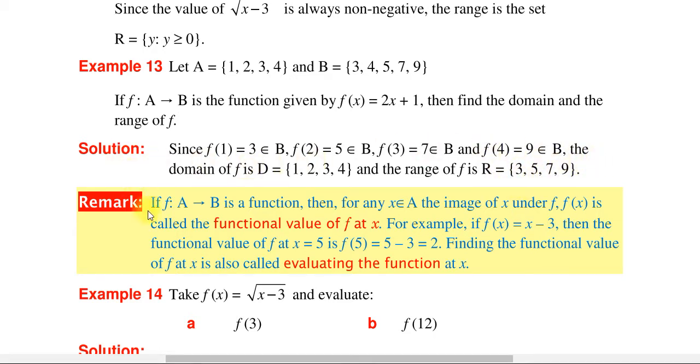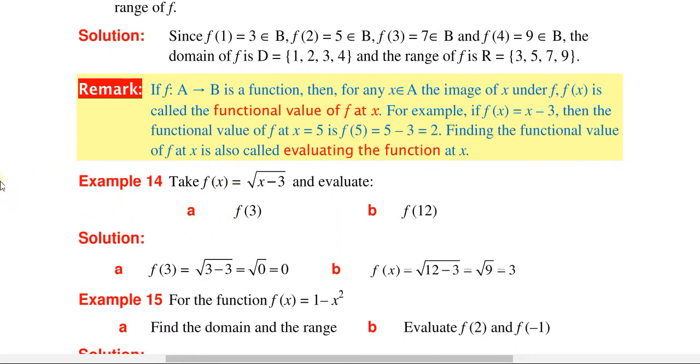እዚህ ጋር ሪማርክ አለን። If f from A to B is a function, then for any x an element of A, the image of x under f, f of x, is called the functional value of f at x ይባላል። Okay, for example, if f of x is equal to x minus 3, then the functional value of f at x equals 5 is f of 5 equals 5 minus 3 equals 2 ይለናል ማለት ነው። Finding the functional value of f at x is called evaluating the function at x እንለዋለን ይለናል።